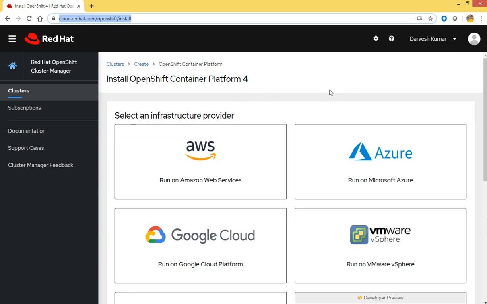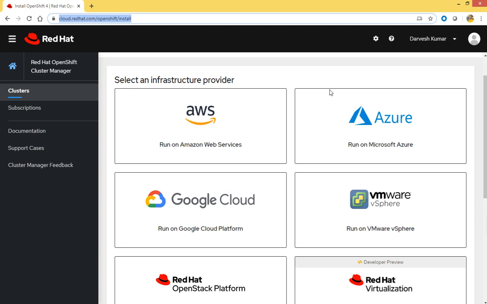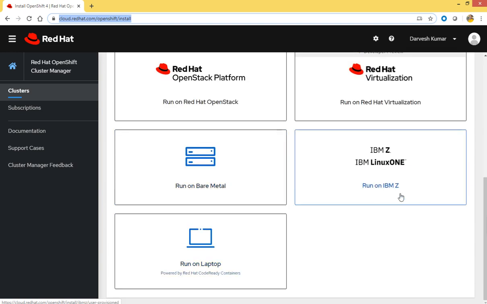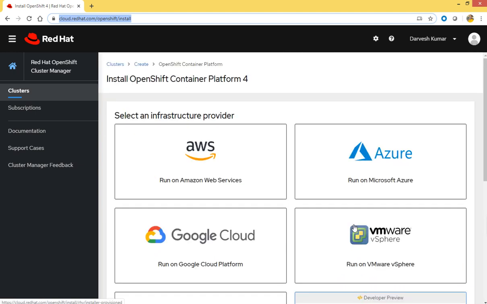We have different options to install OpenShift on different environments like AWS, Azure, Google Cloud, VMware vSphere, Red Hat OpenStack platform, Red Hat virtualization, bare metal, IBM Linux One, or run on laptop.